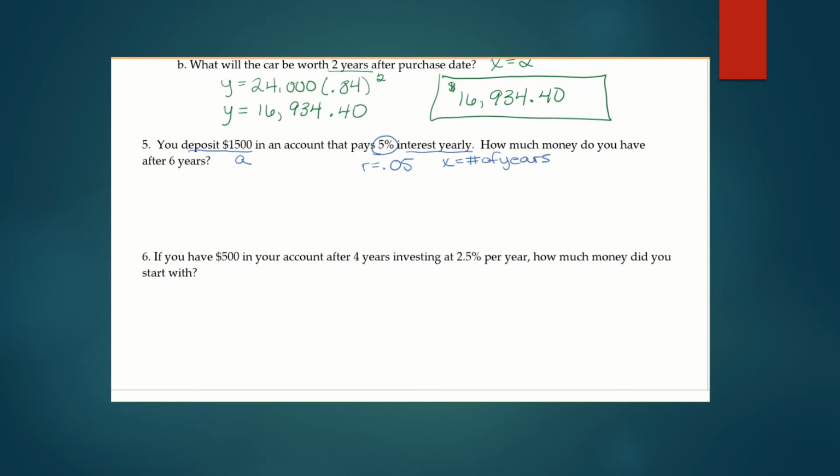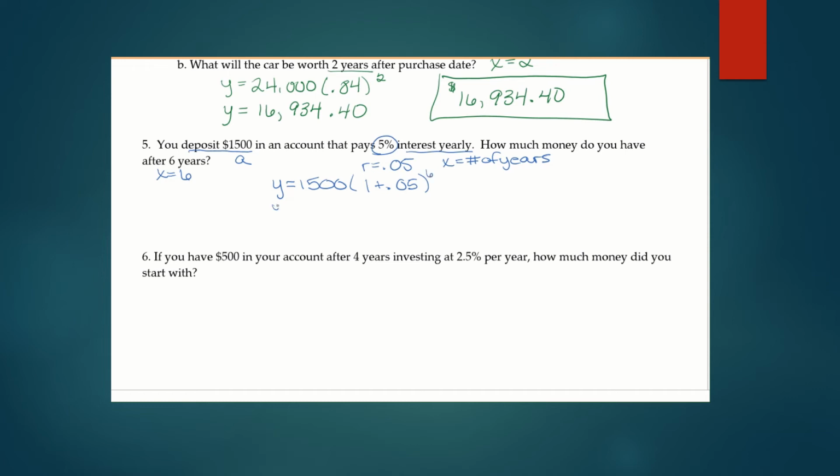Okay, so how much money do we have after 6 years? This is when we have an X value of 6. So putting our equation together, we can go right to the step of, now when we talk about interest, we are talking about money being added to our account, so this is a growth. So we're going to say 1 plus 0.05 raised to the power of 6, because we're talking about over 6